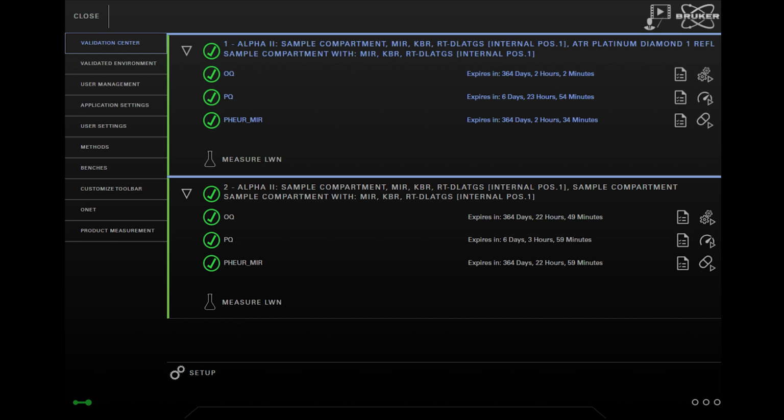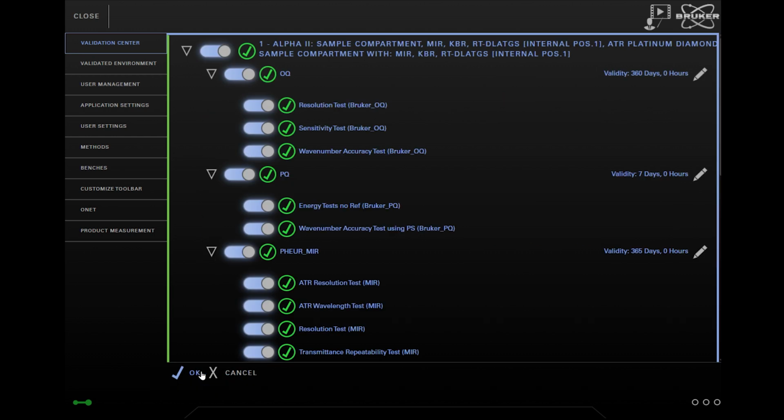Starting from Touch version 7 and later, it is also possible to define the OVP settings by using the Setup button in the lower left corner of the accessory list. On the OVP Setup page, you can easily select or deselect entire test routines or individual subtests.